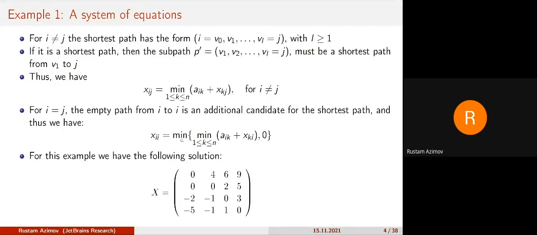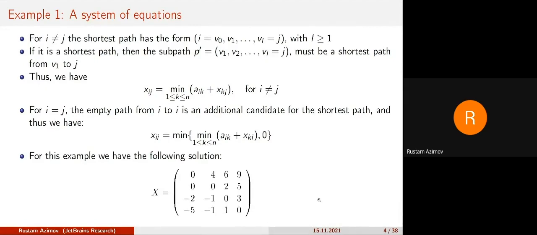So here we compute the minimum of this expression and 0. And we want to somehow solve this system of equations, and for this example we can get the following solution